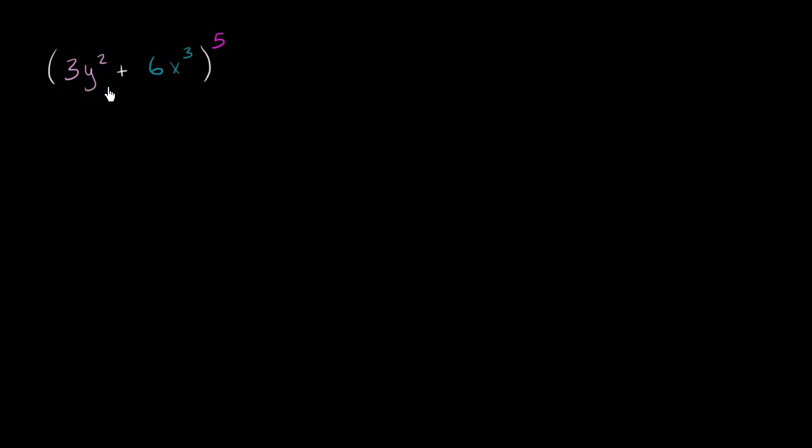So we've got 3y squared plus 6x to the third, and we're raising this whole thing to the fifth power. And we could clearly use a binomial theorem or Pascal's triangle in order to find the expansion of that. But what I want to do really as an exercise is to try to hone in on just one of